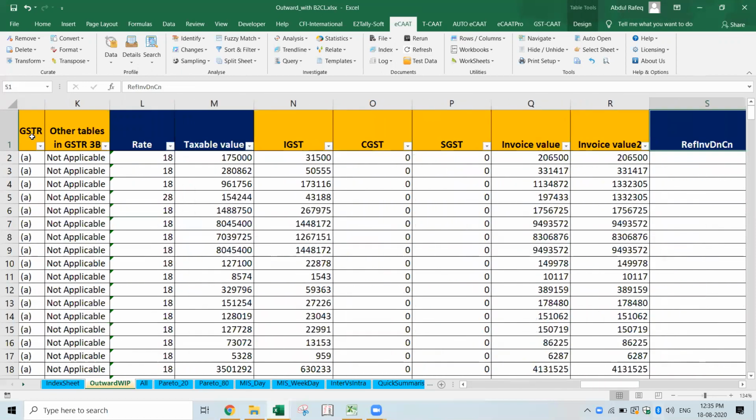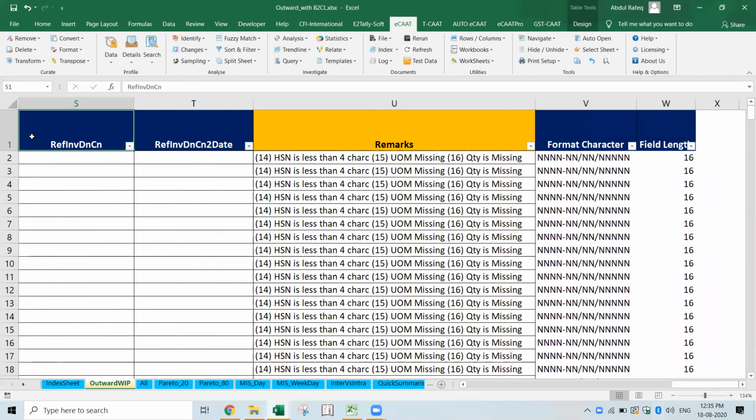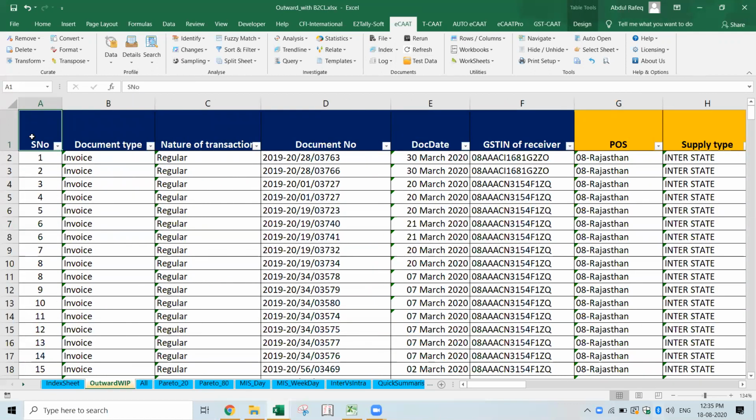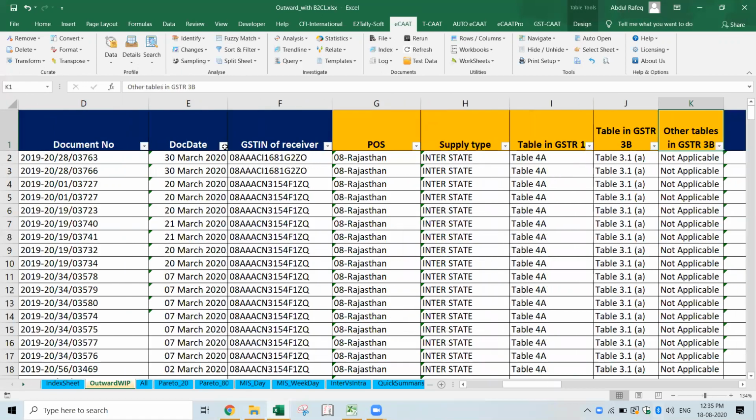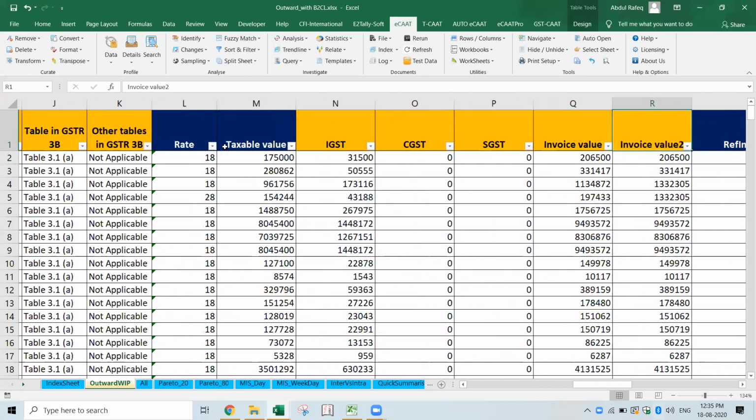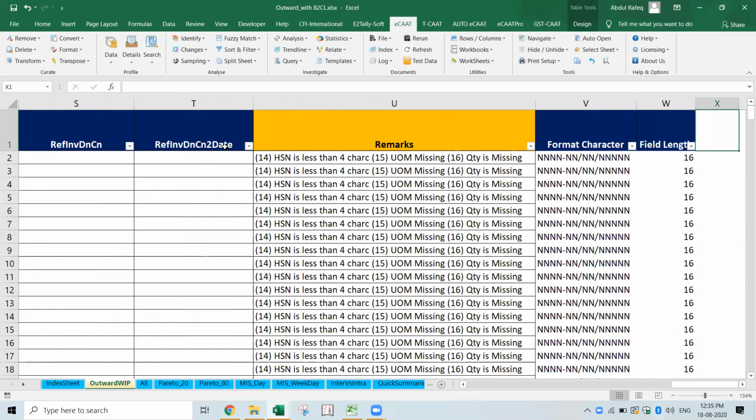There are two things I did. First, ensure that all the empty rows are removed. You had some totaling and subtotaling at the top, and I've removed that. Second, the column headers should not have any long names or special characters. So I've removed all that and made it simple. It can be made even simpler, but as of now, I'm going with the same thing.